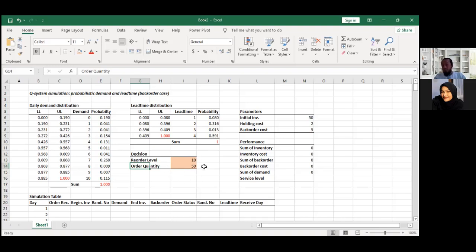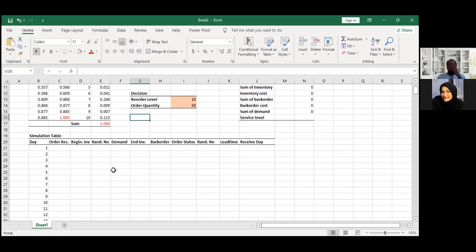Because these are decision variables, we can try any value. Let's say I try 10 and also 50. You can check here, there is no formula. It means that I enter it manually, because this is a decision variable. We can control it, and if we can control it, then we can use any value. Let's say I use 10 and 50. Okay, student? And this one is also the same. And this one, based on the calculation, is called a parameter.